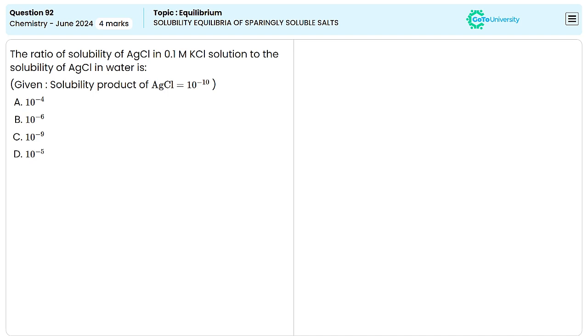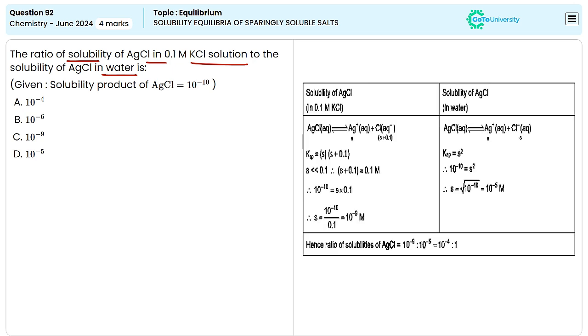In this question, you have been asked to find out the ratio of solubility of silver chloride in 0.1 molar potassium chloride solution to that of water. First of all, let's compare their solubility in water and potassium chloride. Silver chloride is a sparingly soluble salt and they will produce Ag plus and Cl minus ions in both the